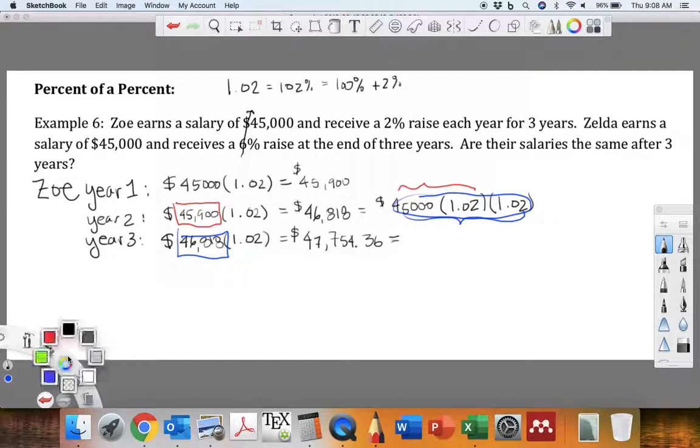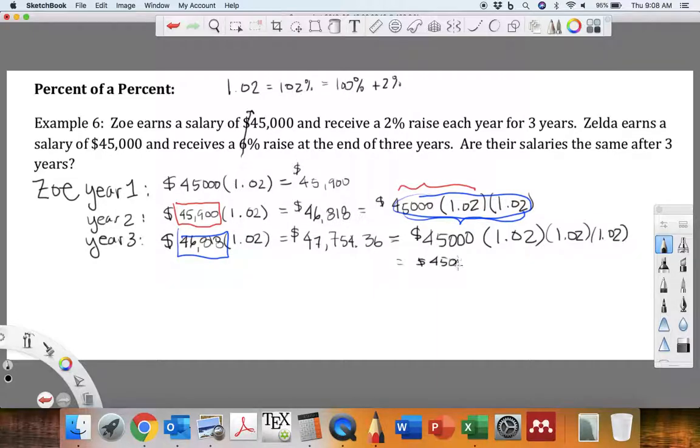That means that we can write $47,754.36 as our initial amount times 1.02 to the power of 3. Or you can write out the factors and it's the same. So that's Zoe. Zoe's going to make all that cheese